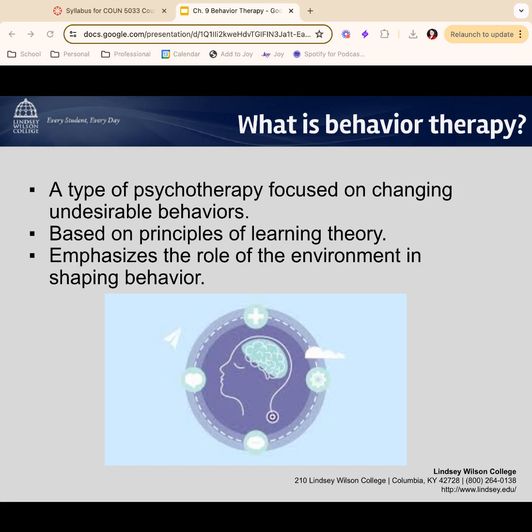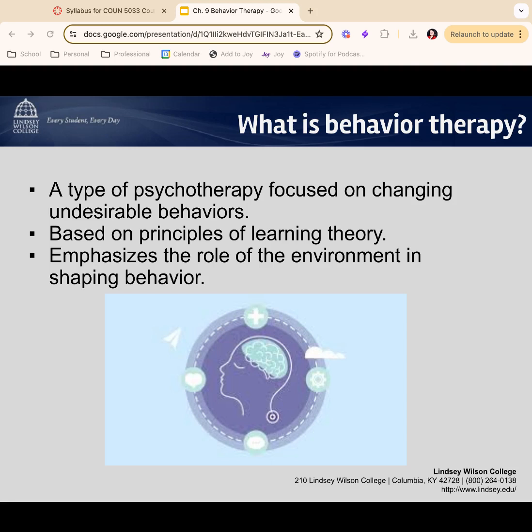So, behavior therapy is a form of psychotherapy that emerged in the 1950s and 1960s as a reaction against the perceived limitations of traditional psychoanalytic approaches. It is rooted in the principles of behaviorism, which emphasizes the importance of observable behaviors and environmental factors in shaping behavior. Behavior therapy is often goal-oriented and focuses on identifying and modifying specific behaviors that are causing distress or impairment